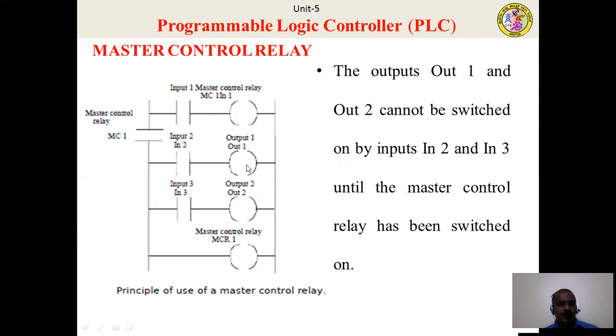The outputs out1 and out2 cannot be switched on by inputs IN2 and IN3 until the master control relay has been switched on.